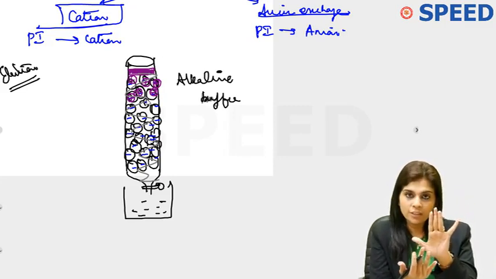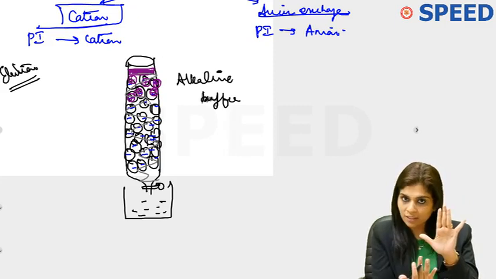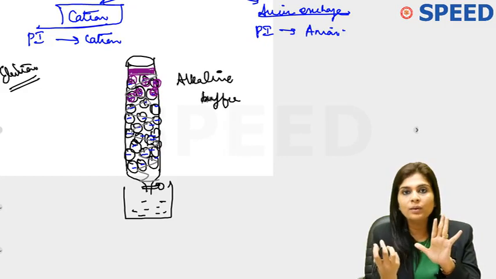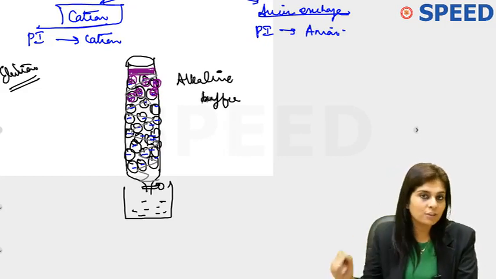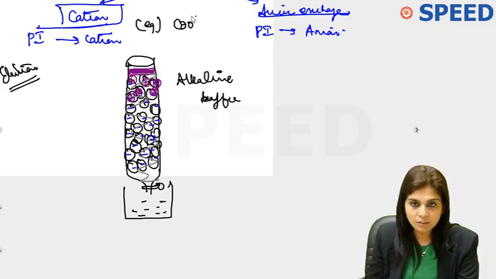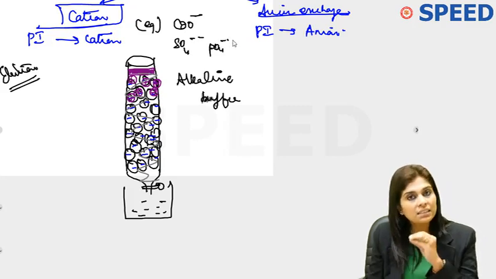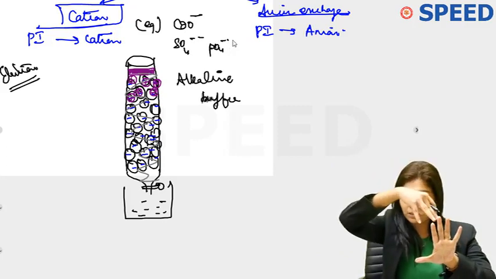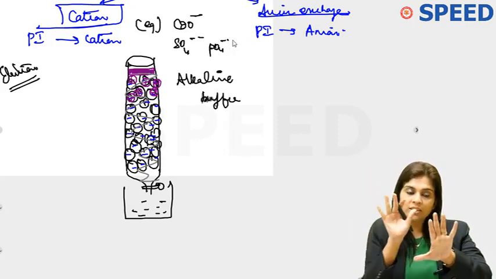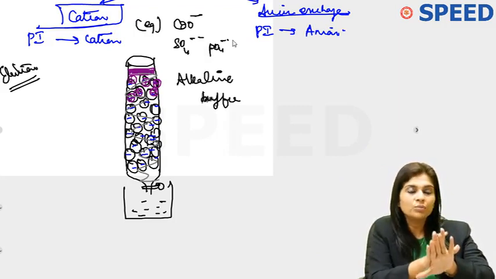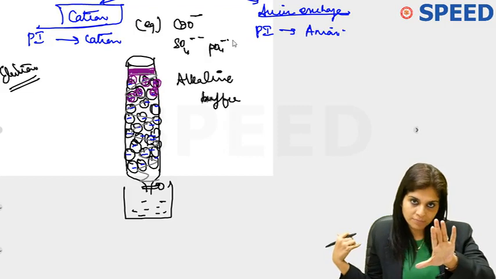So in cation exchange chromatography, you use as a stationary phase a column which is filled with synthetic polymer beads which are covalently attached to negatively charged groups. Examples for negatively charged groups will be carboxyl group or sulfate group or phosphate group. Any acidic group should be attached to the stationary phase. So when you pour the complex protein mixture, anything which is positively charged will be held on to the stationary phase, so that anything which is negatively charged will be repelled and it comes down first.